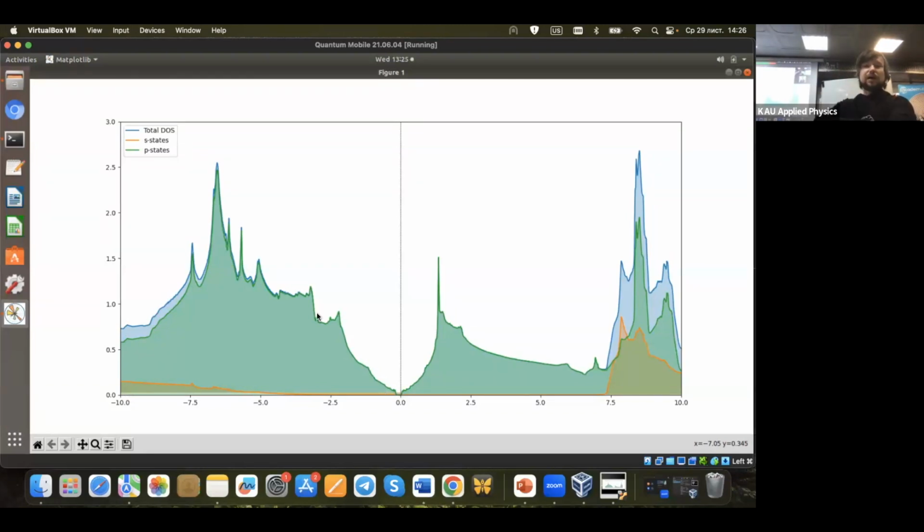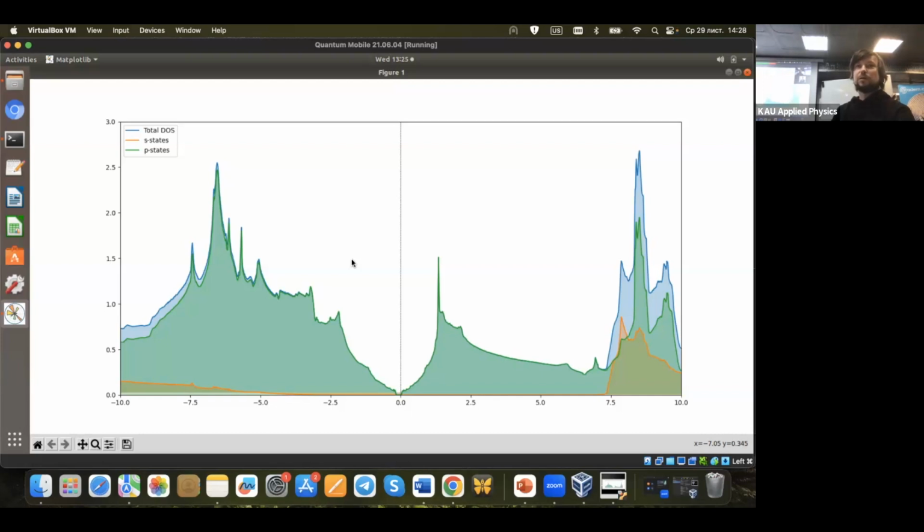Yeah, last time I showed you such a thing like integrated DOS. If I take all these DOSes and sum them up, it will give the number of states. The number of states is like 2 times lower than the number of electrons. It will be 16. If I take all these thousands of DOSes we have in this data and sum them up, I'll get 16. Theory of graphite, we operate almost